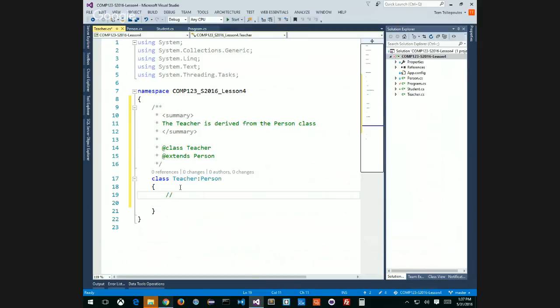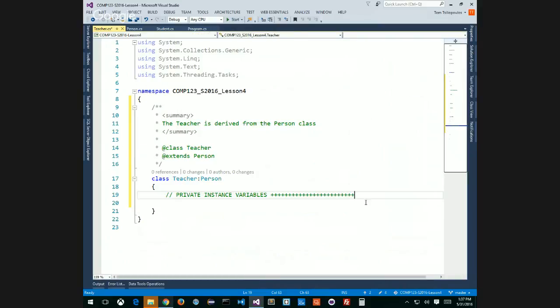So we're going to say, here are the private instance variables. I'm going to do it all at once, okay, guys? I know what I want, so I'm just going to create as I go, just to be able to finish today. So here are our private instance variables, right? And in our private instance variables, we're going to create a new private instance variable of type string, and we're going to make it underscore because it's private, right? Employee